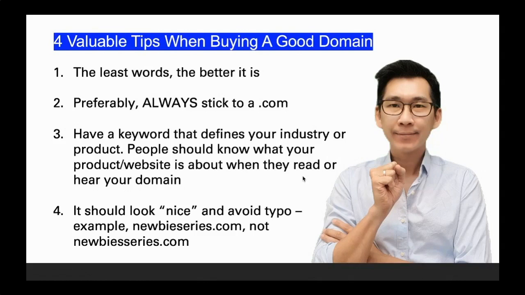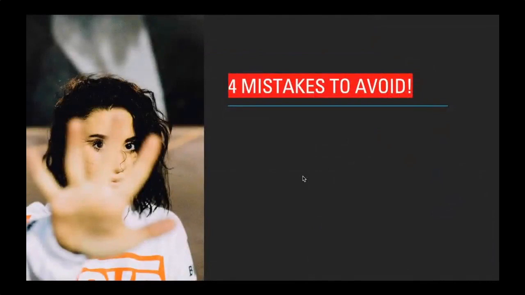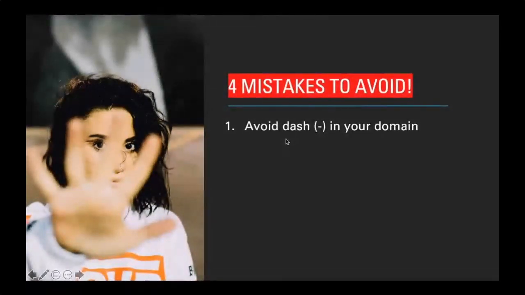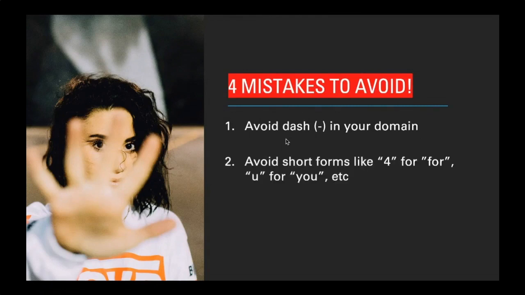Okay, so now I've shared with you the 4 key tips for you to optimize. So these are the 4 mistakes to avoid when you're buying a domain name, okay? The first one, avoid a dash, like this dash sign in your domain name. So you should not have, like, say, patric-chan.com. Don't put dash. It should be one phrase. patricchan.com, not patric-chan.com. Let's say if the domain name is called operation0employees.com, it should not be operation-0employees. Don't do the dash.